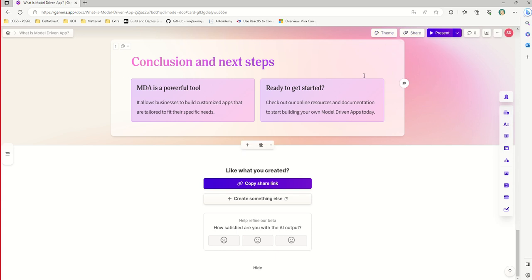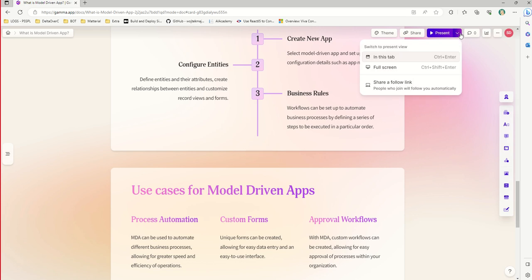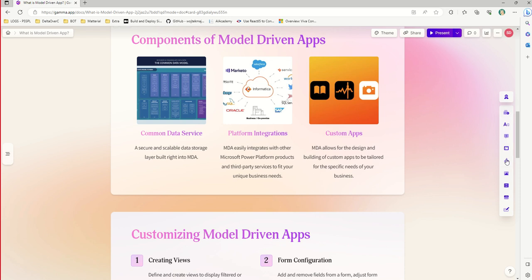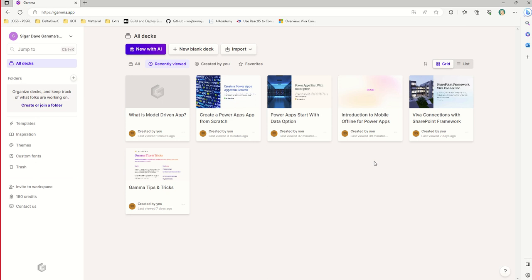And there are different modes you can share. Like, I want to present in full screen, I can share this presentation with someone else, or I can do some types of customizations. This is the first thing that I wanted to show in terms of whenever you want to create a presentation. The presentation which I wanted to give you today is about Power Apps: